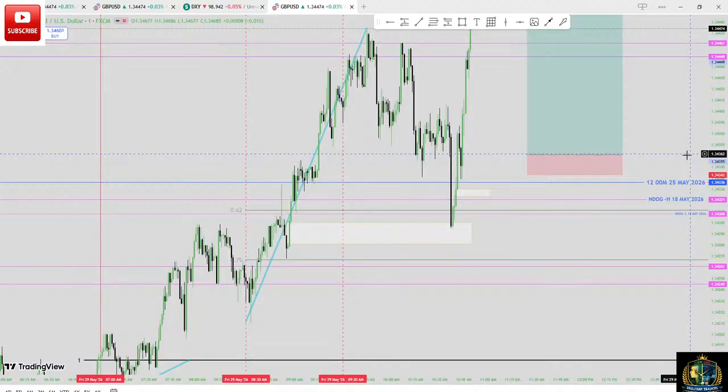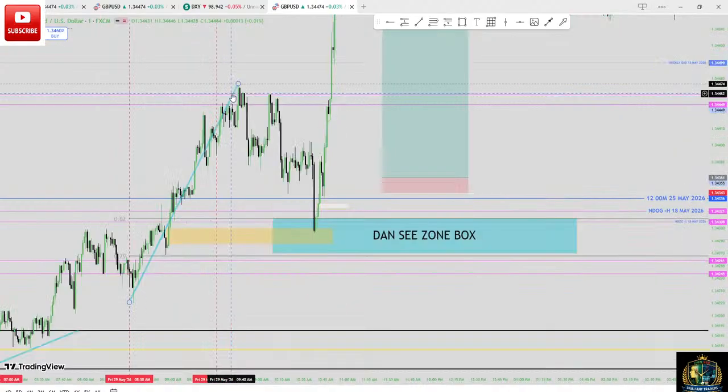Both the imbalances. That is why I said when the market is dropping down, you need to watch and study where the market is coming from and where they are going to. Let me change this color. Okay, this color is enough. From 8:30, they start pushing the market high, pushing it high. Then at 9:30, they drop down. Where are they going to? This run that moved up shows that they are going to go to the main objective.